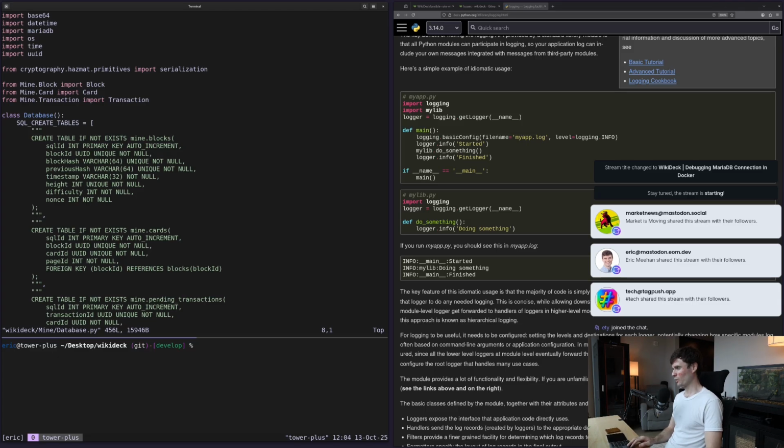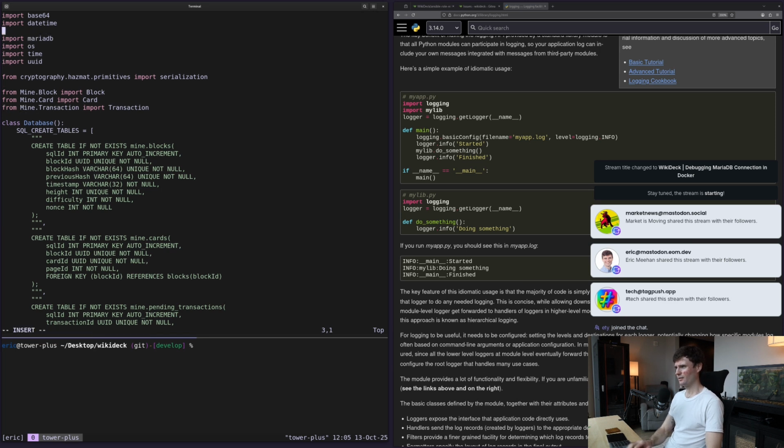Today I'm working on my WikiDeck project. This is the blockchain I've been working on. Last time I was trying to get the application working with Docker containers and they weren't successfully connecting. So that's the goal for today, is to get these connecting. And once I do, I might even deploy it to my Kubernetes cluster using Ansible. And if I get that far, then we should be able to start generating some playing cards here, which could be kind of cool. So I'm just going to add some logging into